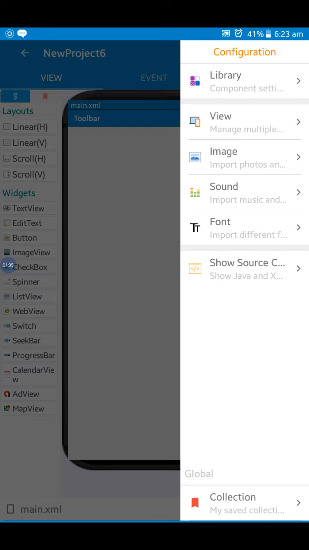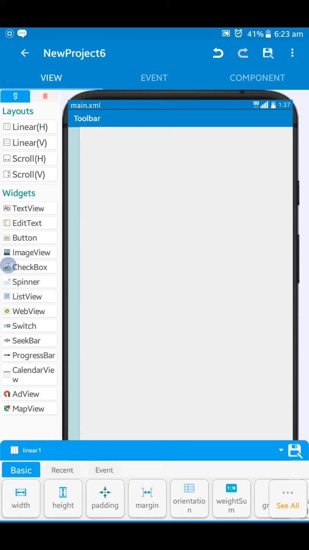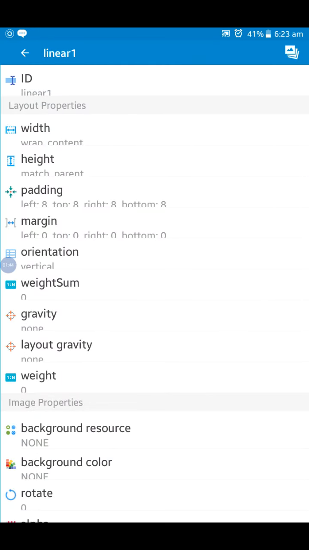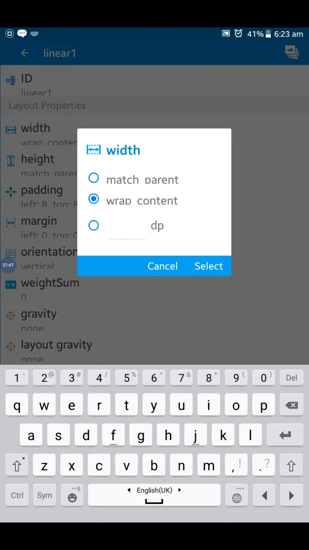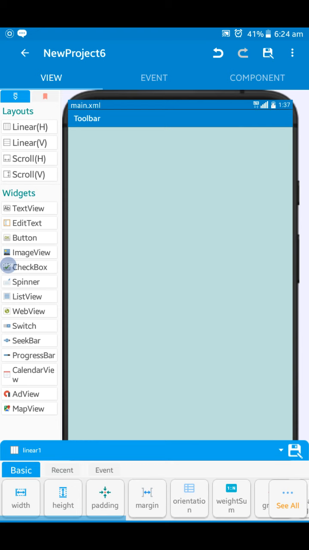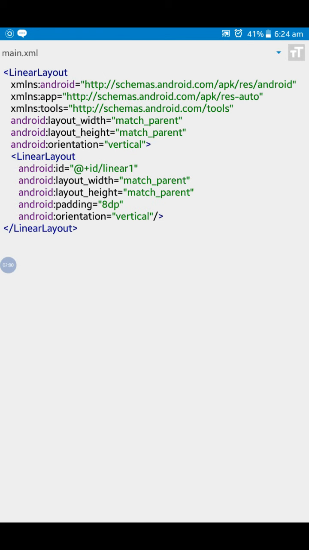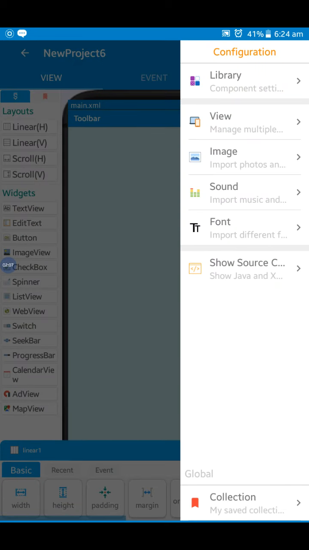In this vertical, we need to select the width as match parent. If we see the source, the linear layout in vertical orientation is added.